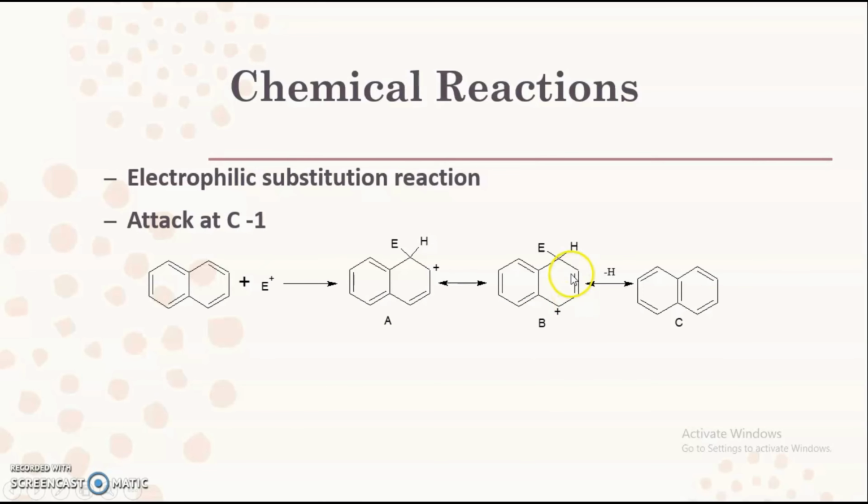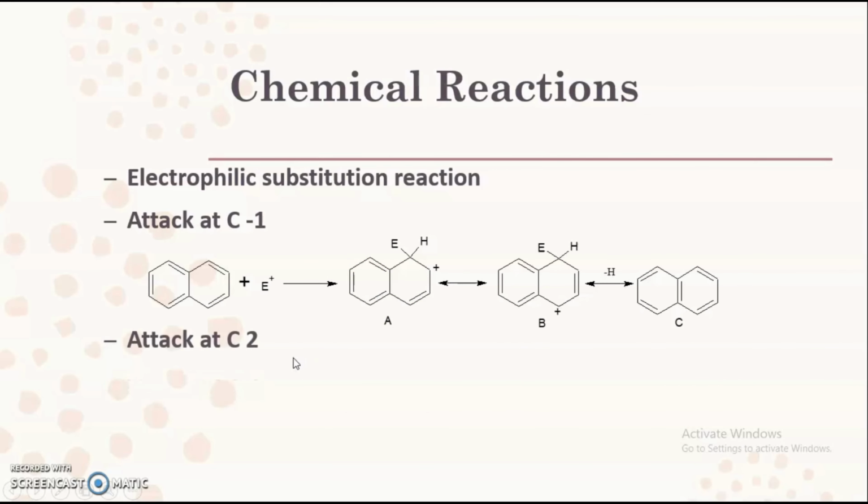Further, we are going to consider only the circulation of these electrons over this second ring. We are not interested in shifting the electrons of this particular A ring. Again, in the third step, there is the loss of a proton, which leads to formation of the substituted naphthalene. So, the mechanism for this electrophilic substitution reaction is quite the same: first generation of the electrophile, then attack of the electrophile, and last the loss of the proton. Here we can draw two different resonating structures without disturbing the electrons of the A ring.